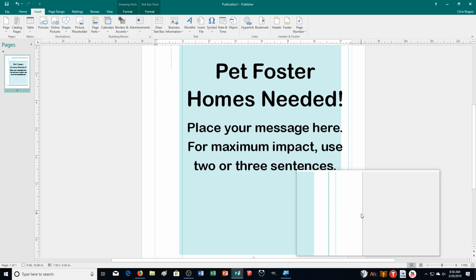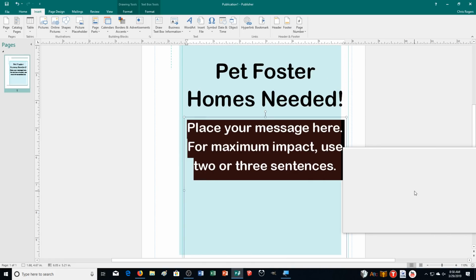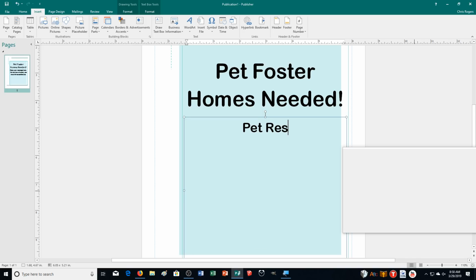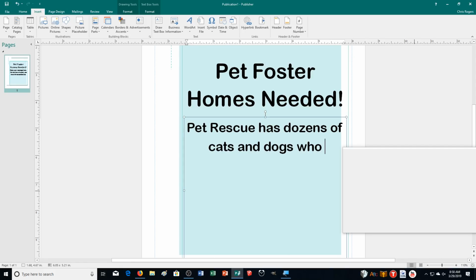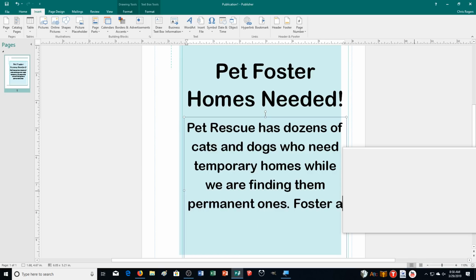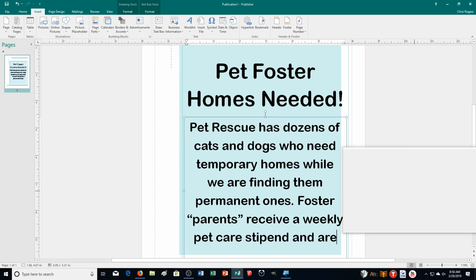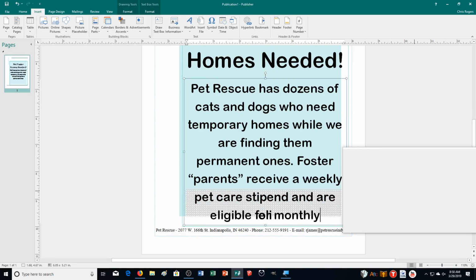Because we do need to change the information here in the actual message box. So we took care of the heading, but we do need to type what's in here. So let's click on this. It'll get rid of this information. And this is the following information you need to type. Pet Rescue has dozens of cats and dogs who need temporary homes while we are finding them permanent ones. Foster parents, that's in quotes, receive a weekly pet care stipend and are eligible for monthly